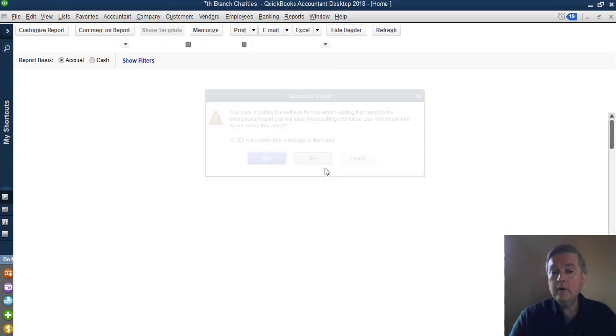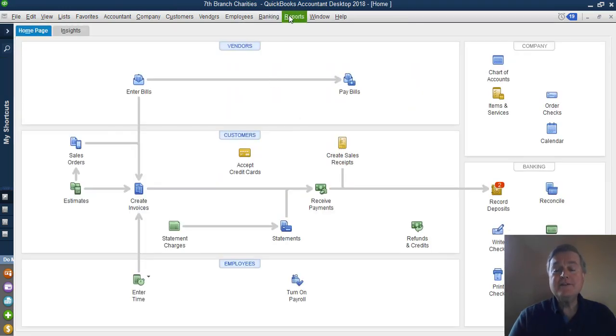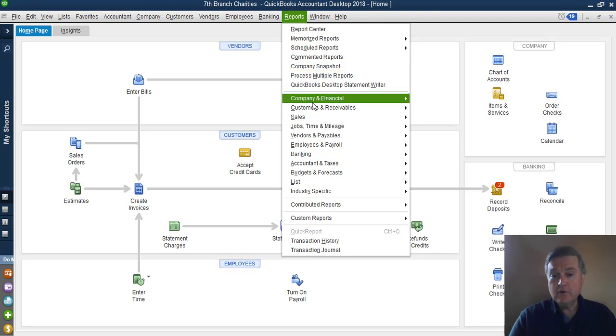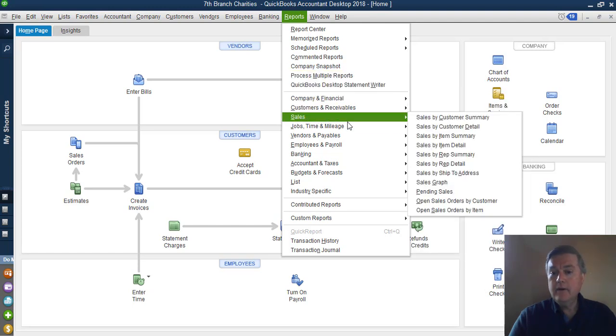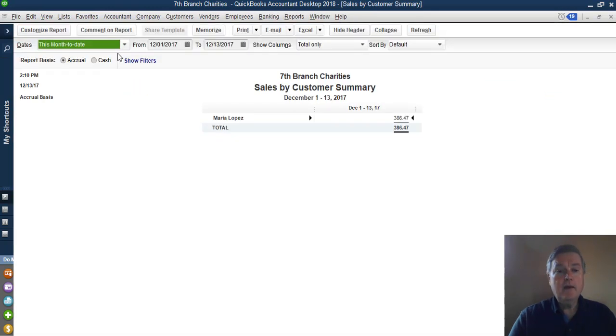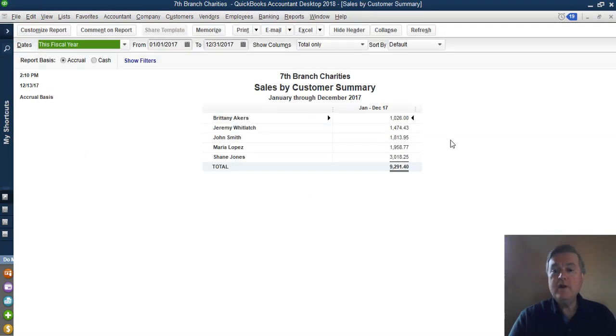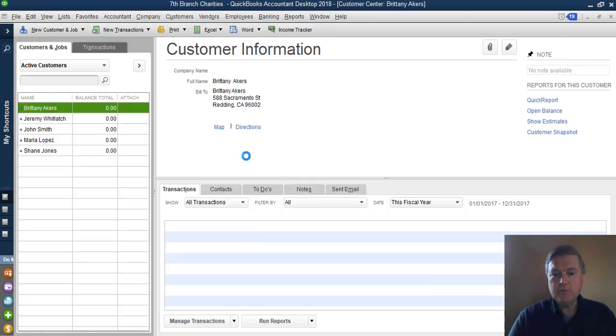Now, the report that I really want to use for these donor letters is the sales by customer summary, because that is just going to give me one number for the year. That's what I want. I want to get that one number on that letter. So as I say, there are a couple of things that we're going to need to do to make this work. So what do we got here? We've got 5 donors. The next thing I'm going to do is go to the Customer Center,